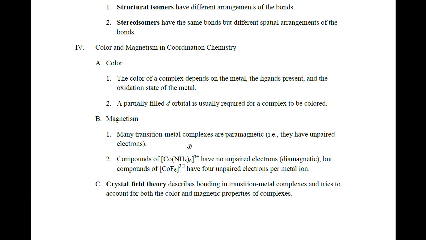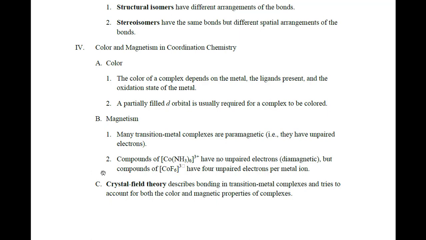And so many of the transition metal complexes are paramagnetic. That means they have at least one unpaired d electron in their system. And so that means they're drawn into a magnetic field. So we do a test, what's called magnetic susceptibility. You put a little bit of the compound onto a pan, and then you put that pan in toward a magnetic field. If the pan is drawn in because the compound is drawing it in, it's paramagnetic. If you try to put the pan in the magnetic field and the pan is being pushed back out, then it's diamagnetic, which means all the electrons are paired.